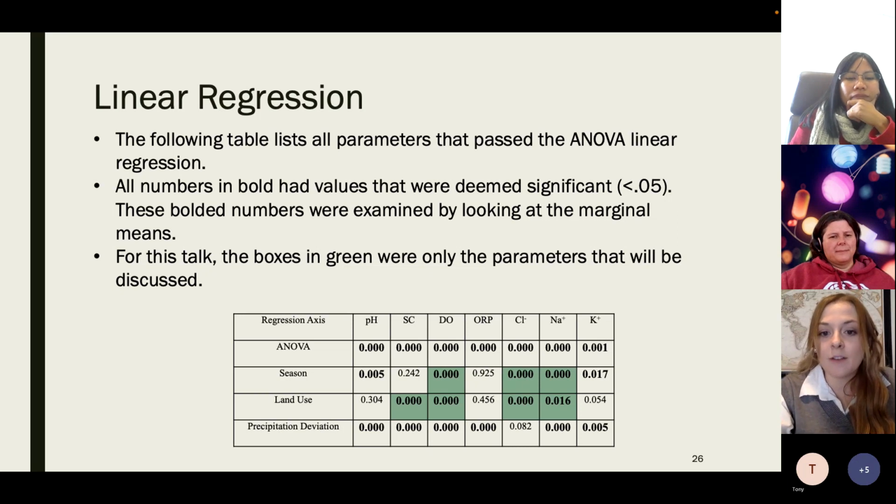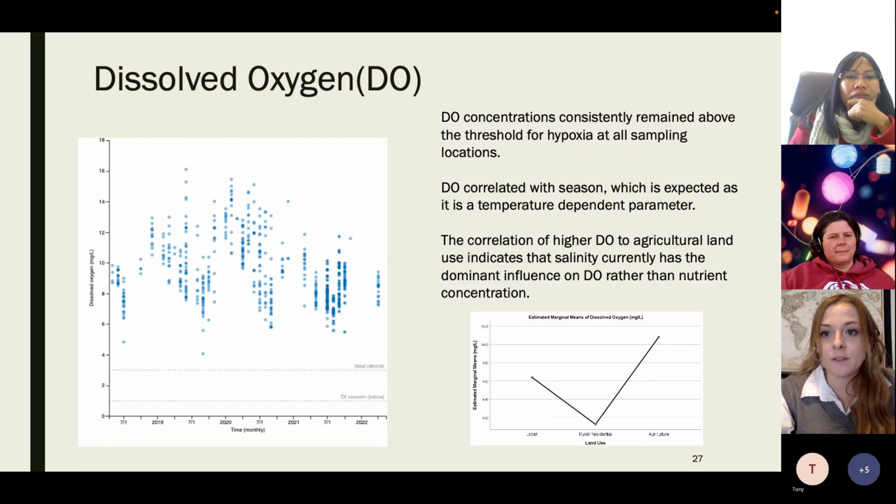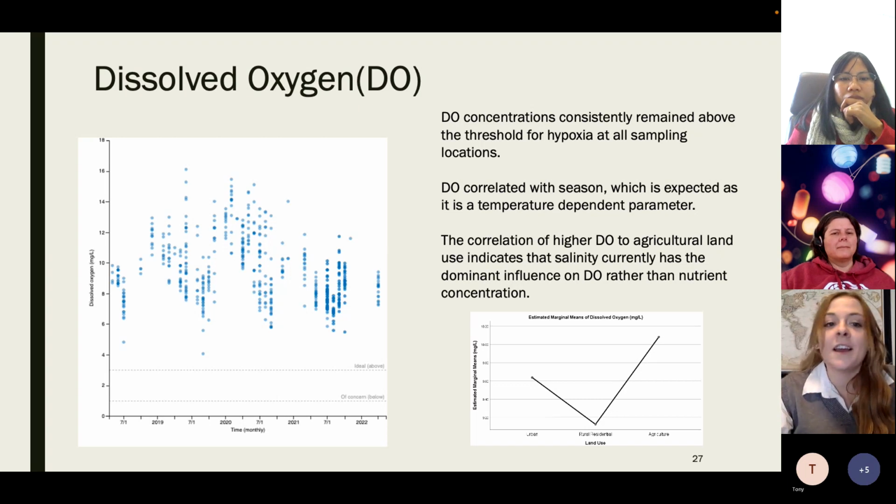So the only one we haven't covered yet is dissolved oxygen. When we were looking at dissolved oxygen, we were trying to make sure that there were no hypoxic zones present in our watersheds. And we were able to see that dissolved oxygen concentrations consistently remained above the threshold for hypoxia at all sampling locations. It was correlated to season, which I don't have a graph demonstrating, but this was expected because it is